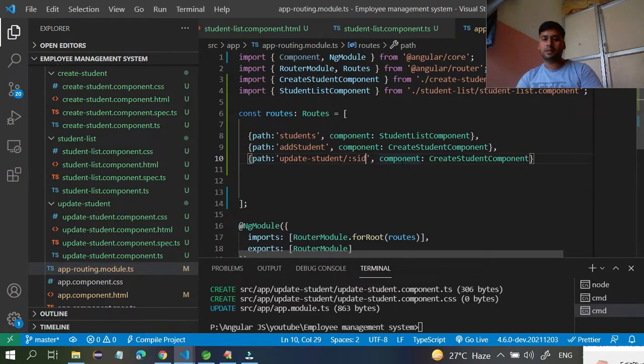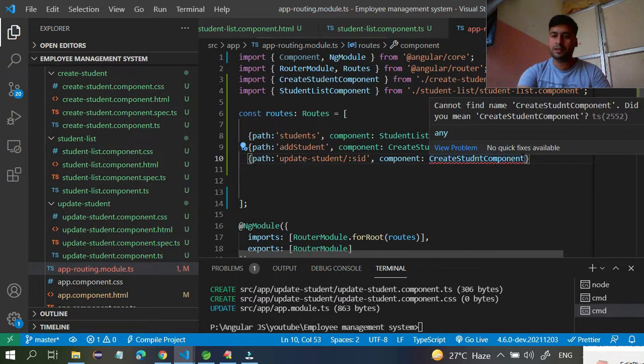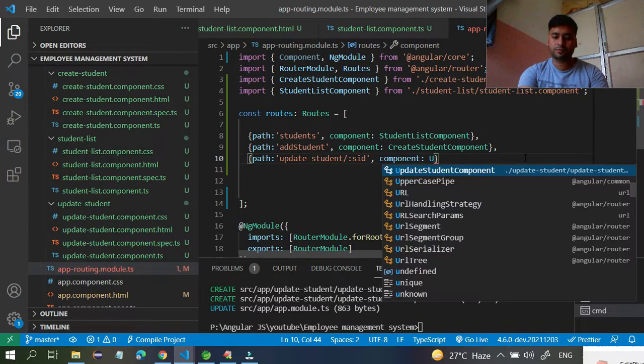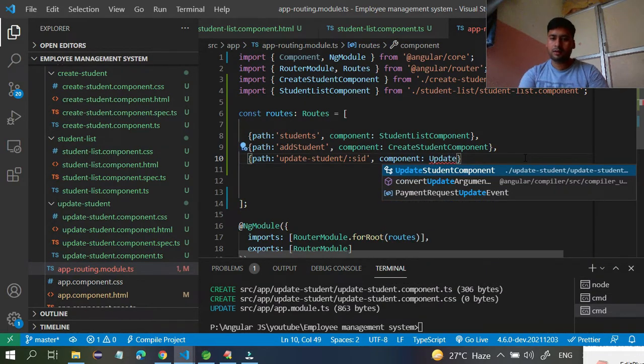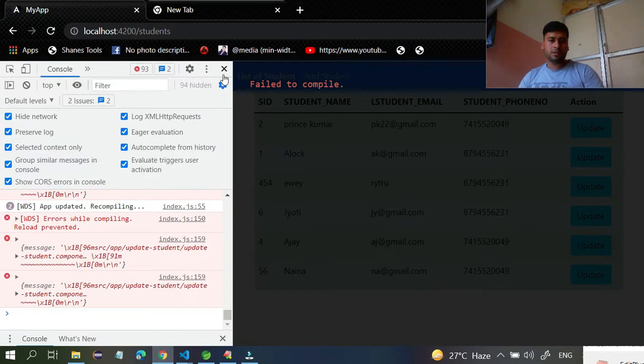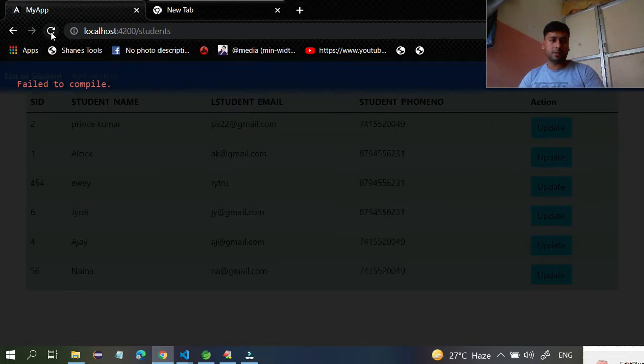Once you give this, you have to specify the component name, so just write update student component. Okay, save it, and once you save it, you can test also. Go to your application; right now it's saying failed.